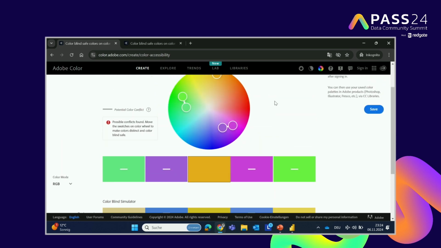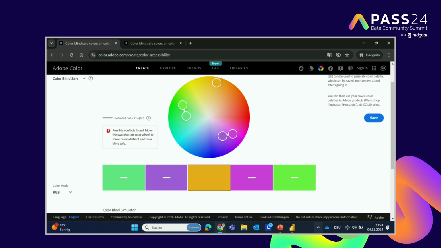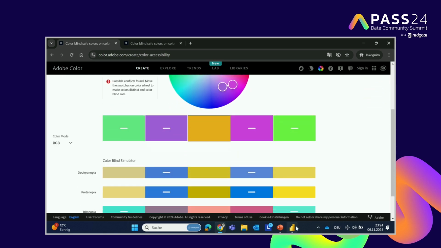So sometimes, now maybe this is not the best example, but you can have green and red that look quite similar, right? So it's very hard to tell them apart. And when you just use colors around, people may struggle to understand that something is good or bad,